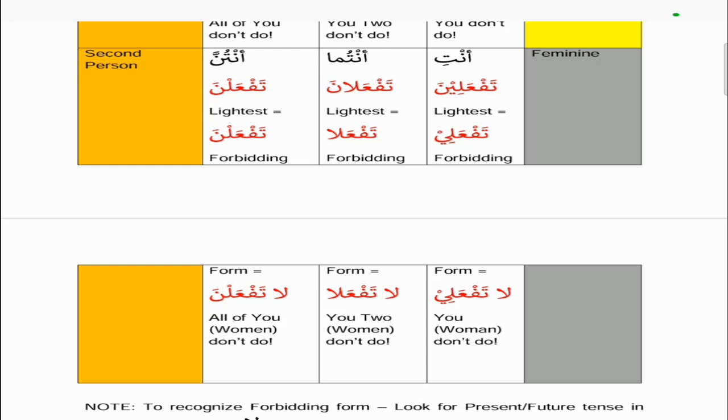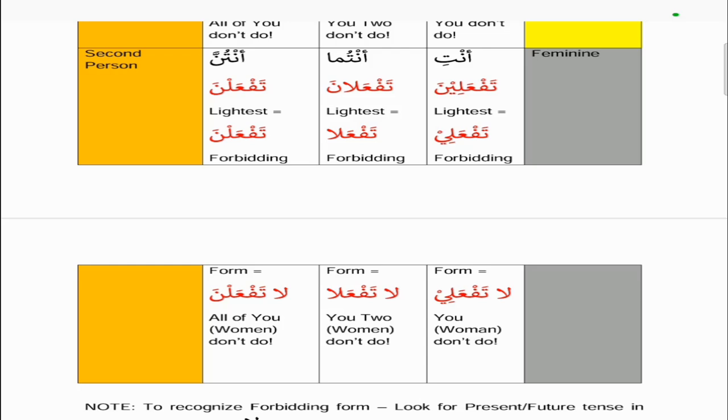And then we add a la at the start to make the forbidding form. So it's la taf'ala, which means you two women don't do. And then antunna, the original is taf'alna. And remember, with hunna and antunna, when we turn it into light version or in the lightest version, it doesn't